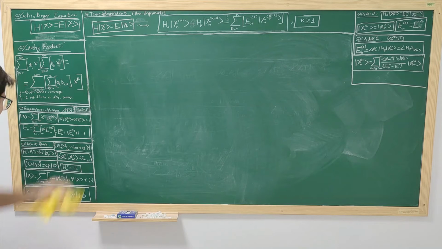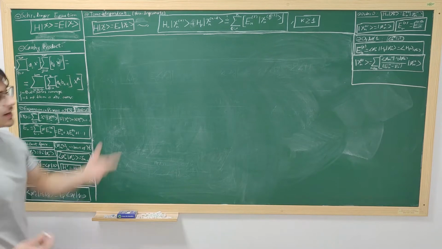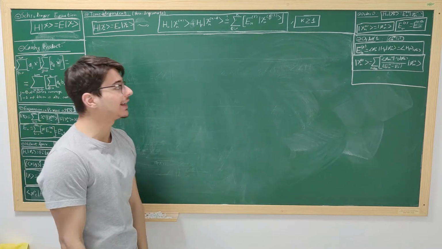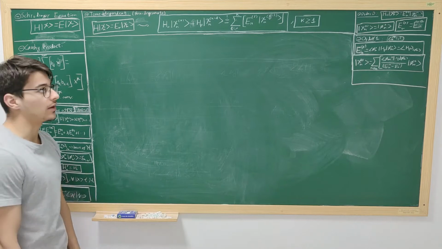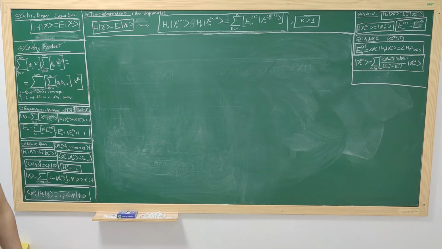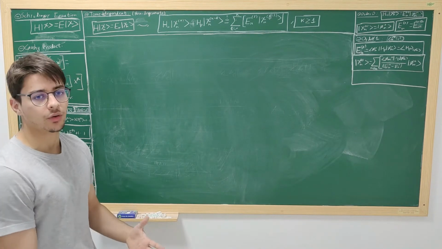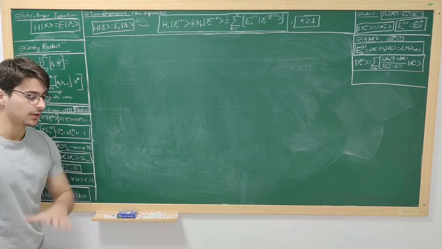Lambda is just some parameter between 0 and 1. We said that this is the general expression for any k equal to or greater than 1. So let's just compute the second order correction. And just a heads up,